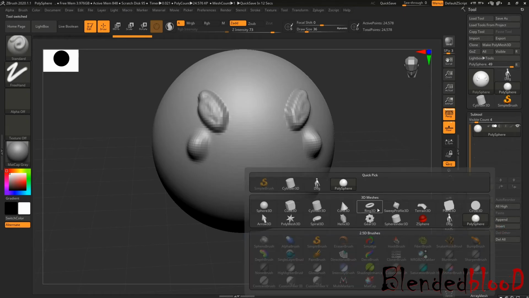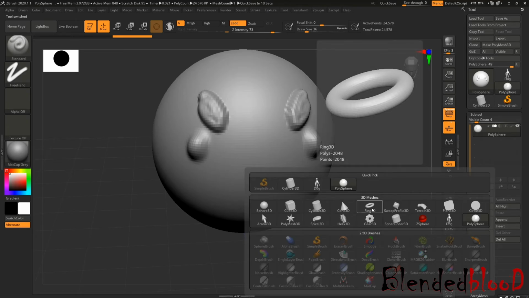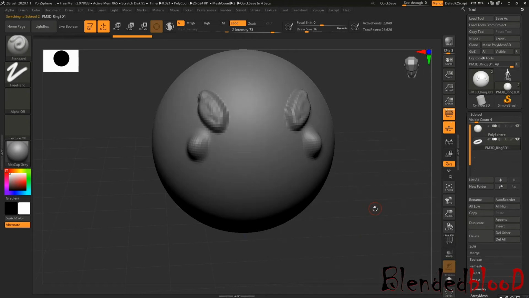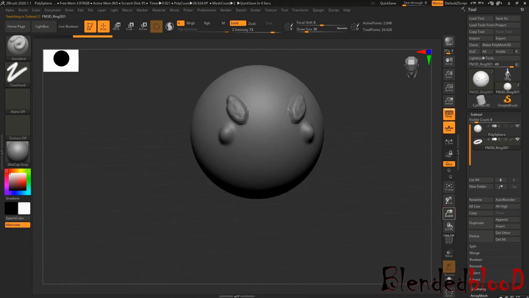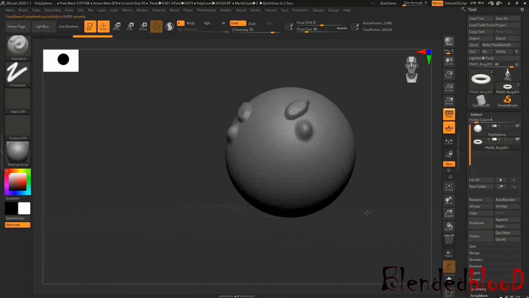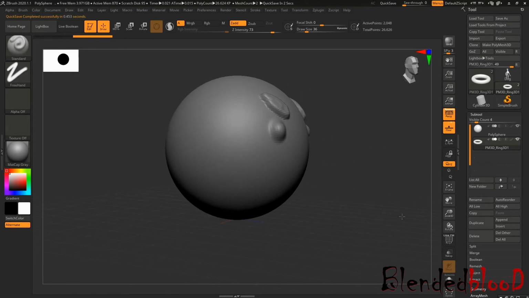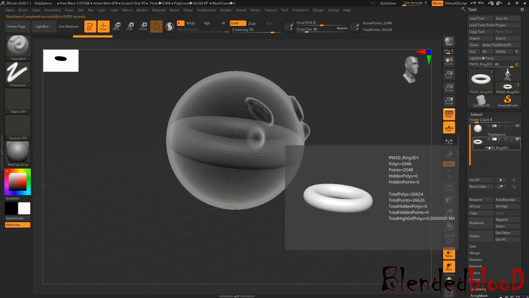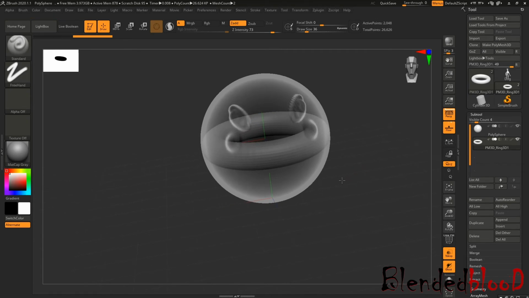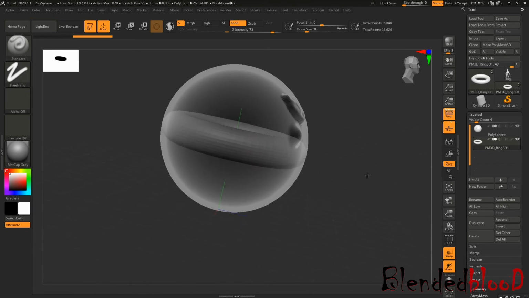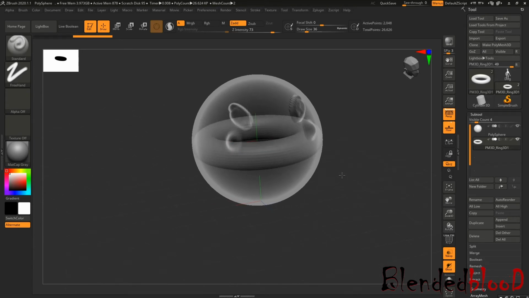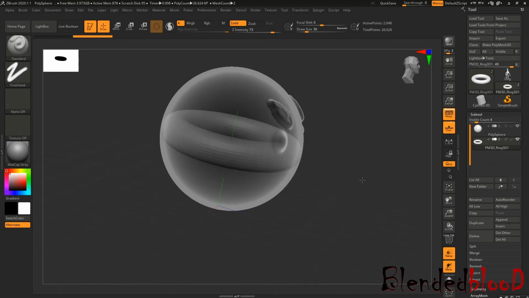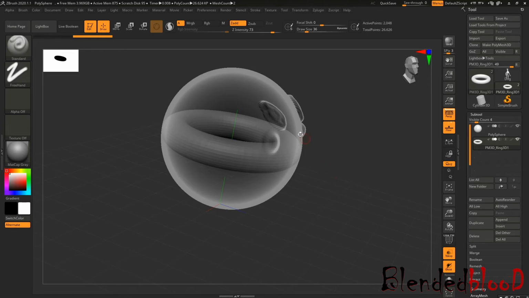If I am going to use the ring 3D, it's just a kind of shape, a default geometry, ring 3D. So I got a ring kind of object, but I'm not able to see it. For that, ZBrush provides an option called transpose C. If you hit this option, the rest of the objects will be translucent, so you just see through the objects.